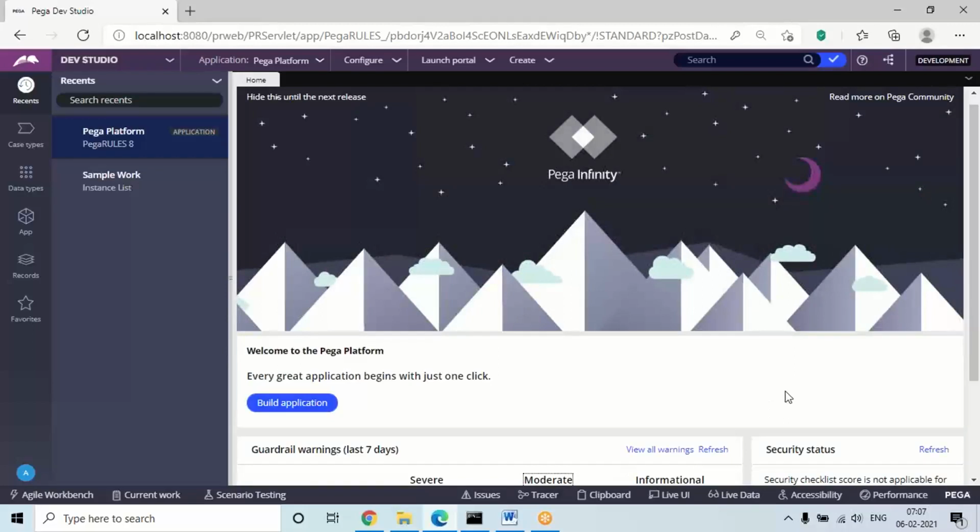In that, some will be used by other roles like BA, some will be used by the tech leads, and some are used by developers. Even in the header, some options will be used by BA and tech leads, and some options will be used by developers also. Even in the Explorer also. See, in Pega platform, all the roles will be using the same platform. Even tech leads will use the same platform. BA and developers also will be using the same platform, based on the work given or their role in the environment. So they are going to use these options and work on the design.